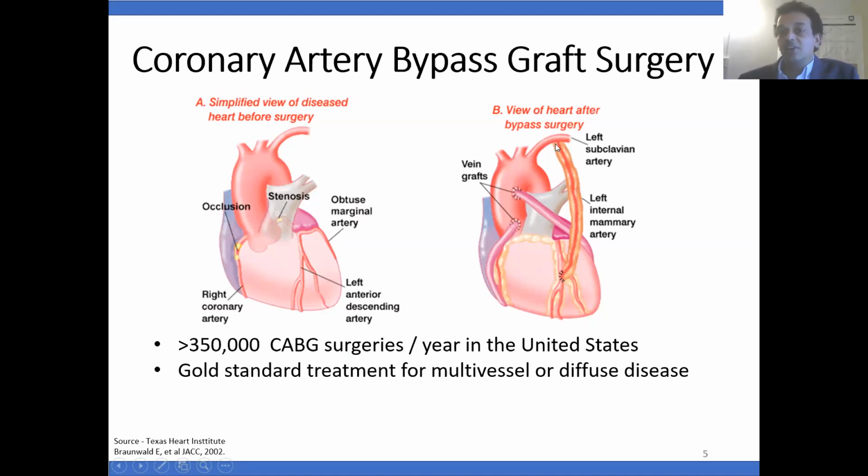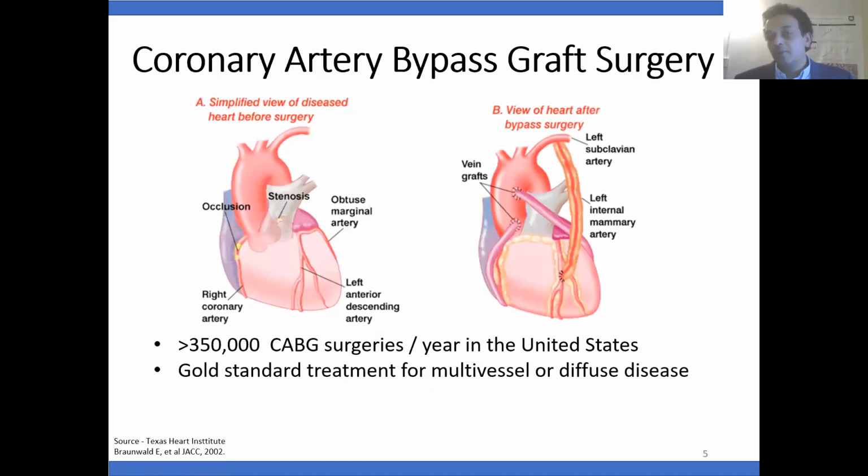Okay, so typically you have an option of one arterial graft, which has very good patency in the long term. But for other bypasses, you need venous grafts or some other conduit. Now, most of the synthetic grafts have terrible long-term outcomes, so the surgeons are stuck with vein grafts. So they take the saphenous vein from the leg of the patient and bypass the occlusion and create this bypass graft. This is a very common procedure, 350,000 patients in the United States alone, gold standard treatment for multi-vessel